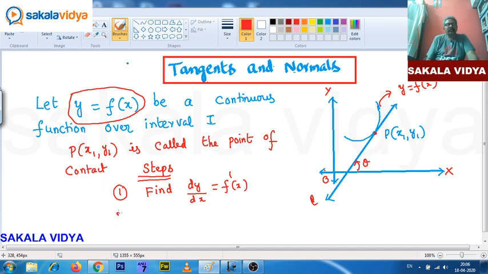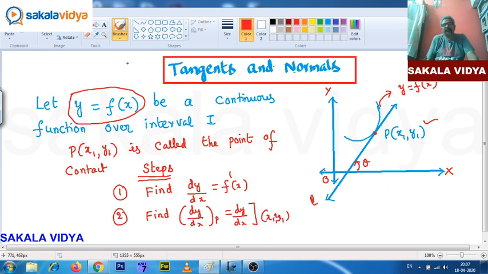Now the second step: we need to find the value of dy by dx at P(x1, y1). That means find dy by dx at the point x1, y1. This is called the slope of the tangent,